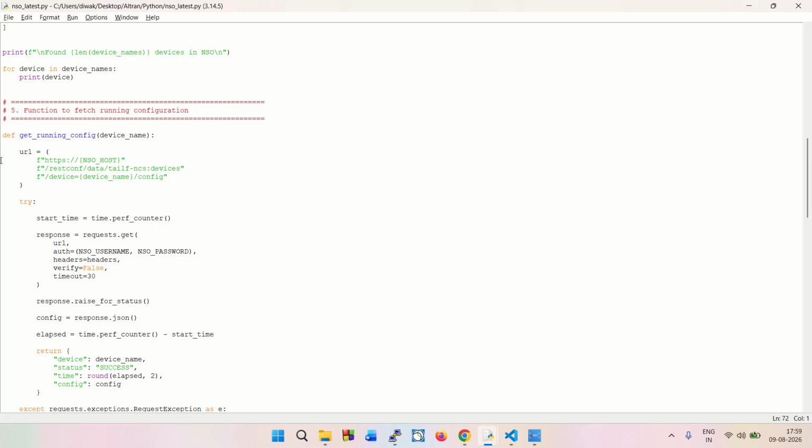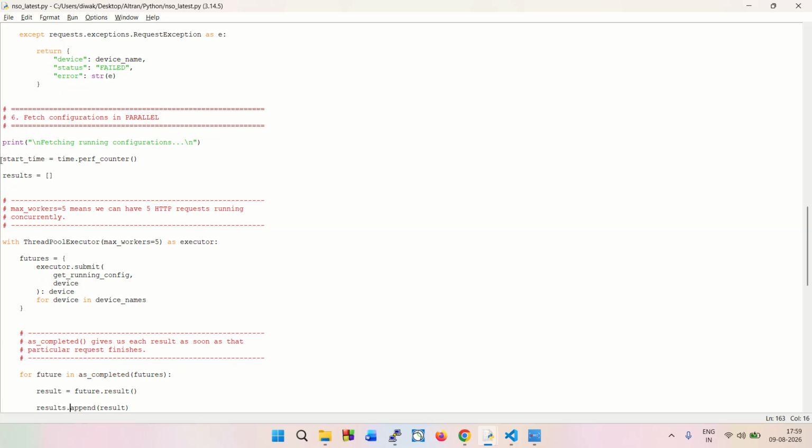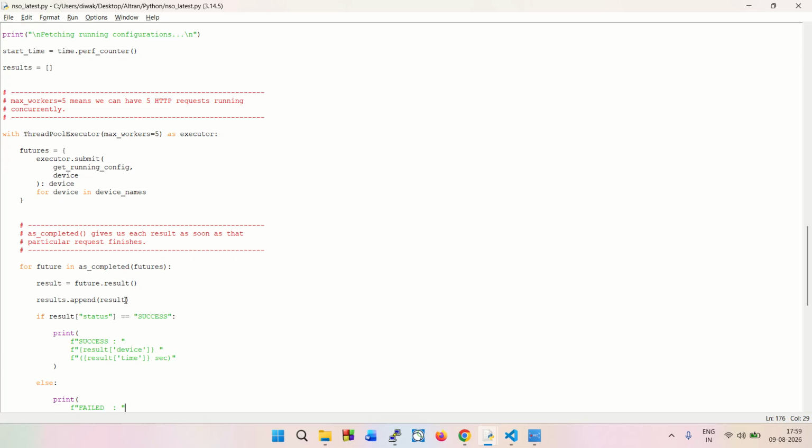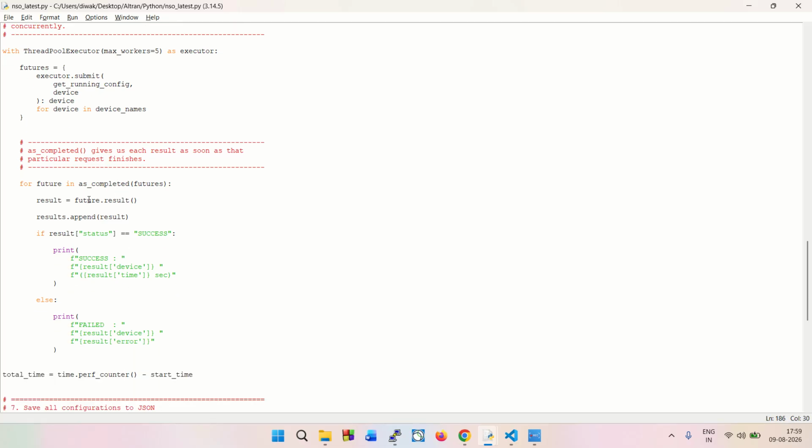Then we append the results, and if the result status is success, we append it to the results section, and we print the success result, the device and the time taken, and if it fails then we print failed with the device and the error, right? After that, in the final process, we'll take the